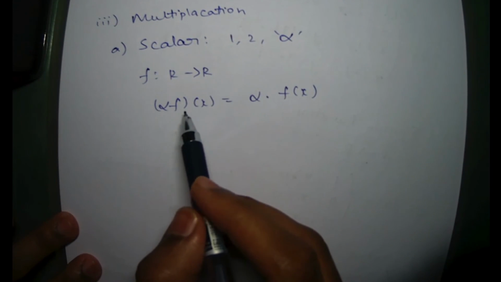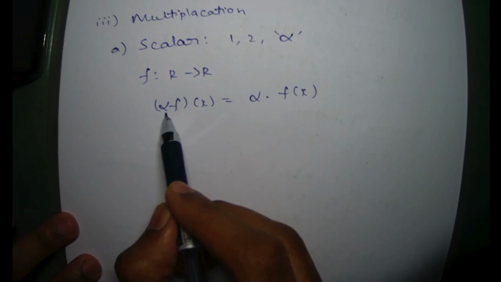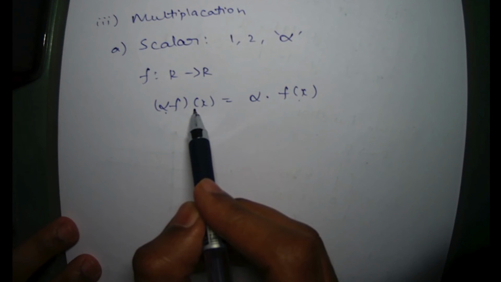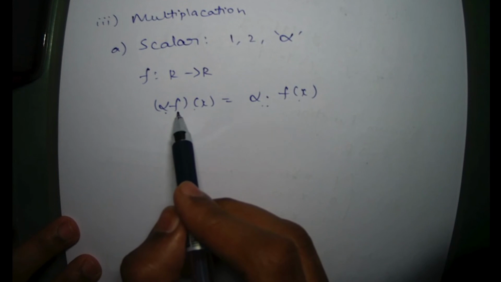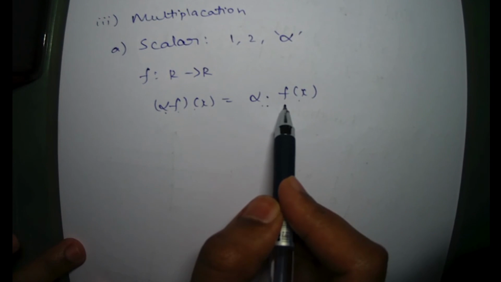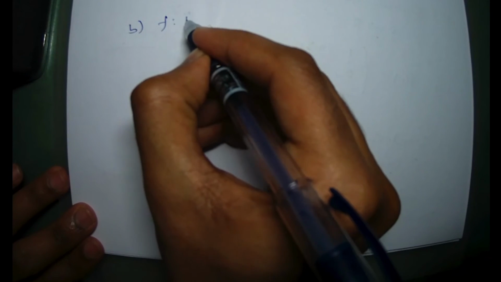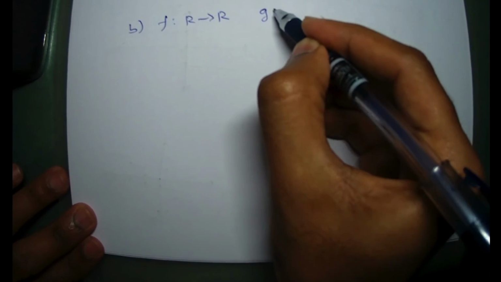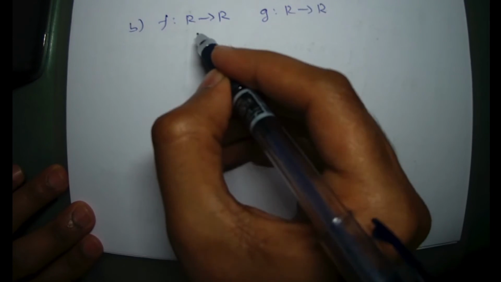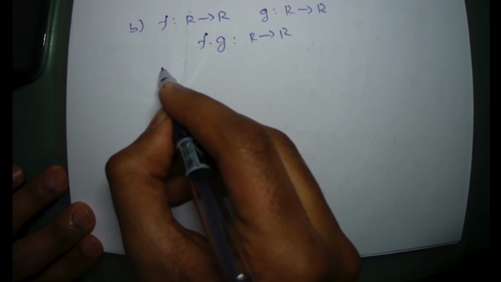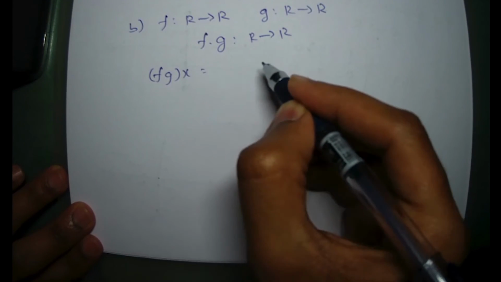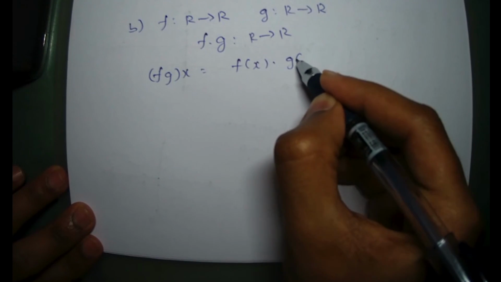So this tells us that the constant value can be multiplied after solving the function or before solving the function. The multiplication of a scalar quantity before the function or after, inside the function or outside the function, does not affect the final value of the function. The second type of multiplication is multiplication of two functions. If you have function f defined in real numbers, function g defined for real numbers, and the product of the two functions, that is f into g, defined for real numbers, then we can say that f into g of x is equal to f of x into g of x.